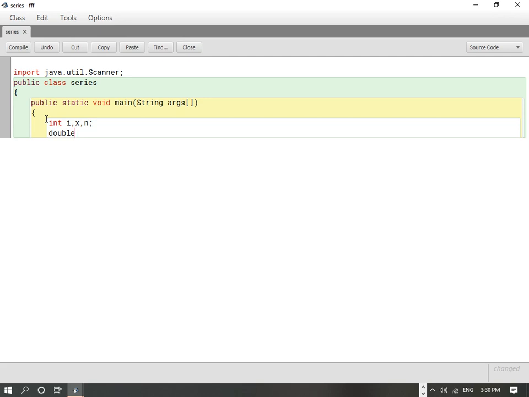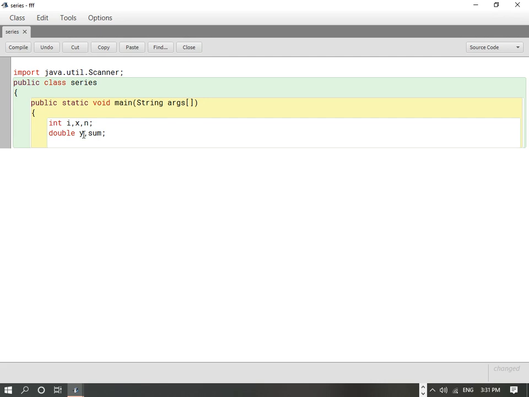We are going to use power function in this program, and that can be big numbers also. So we are taking over here double, and then one variable y to store the values. Now this y we have taken because we are going to compute the powers of the number, means x to the power 2, x to the power 3, and so on.